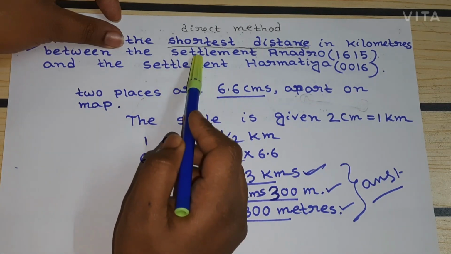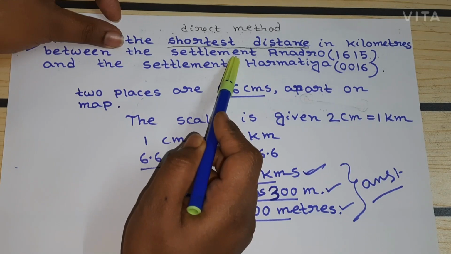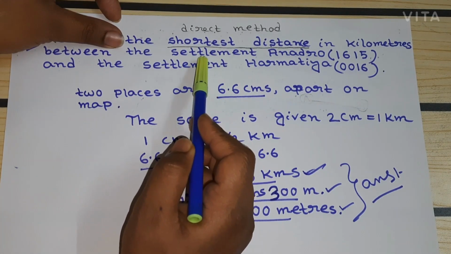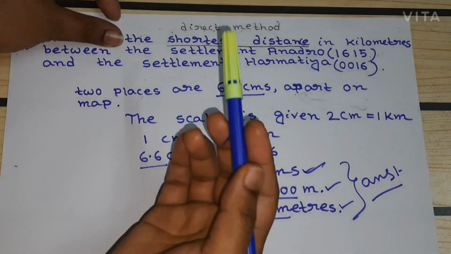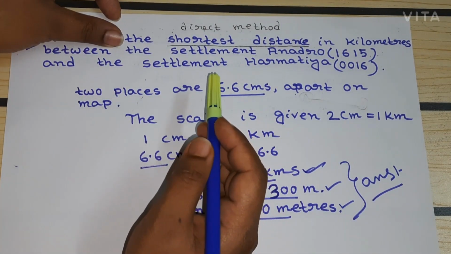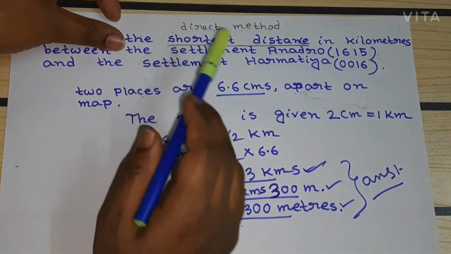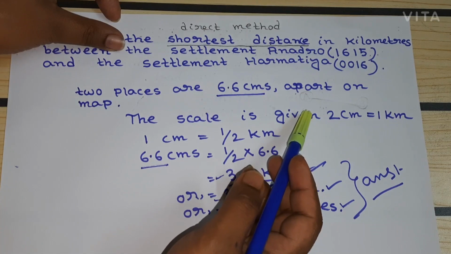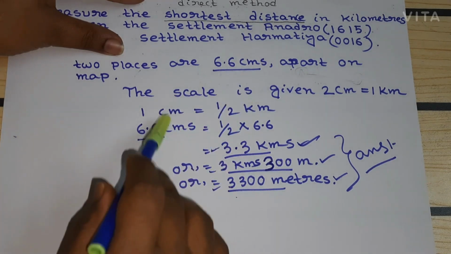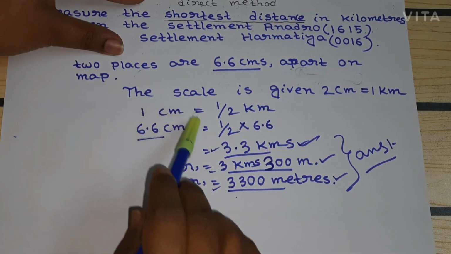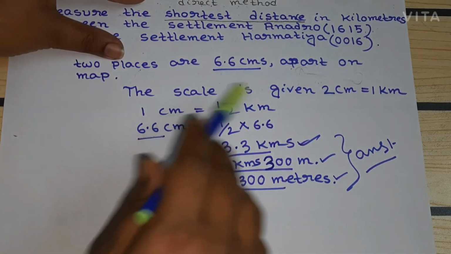Here in this question they have provided a man-made feature called settlement. Instead of settlement they can provide you a temple, or a perennial lined well, or a non-perennial lined well, or some mosque and so on. So firstly you need to find that particular feature on the topo map. After that you need to do the calculation using the same method. The process and the steps remain the same. They will not change. You have to do the calculation the same way.